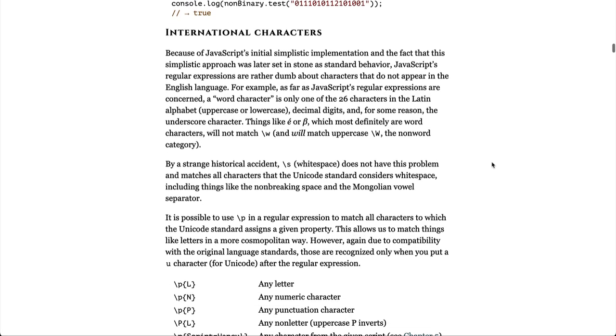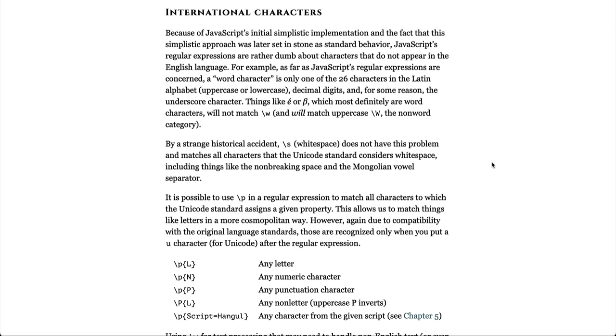International characters. Because of JavaScript's initial simplistic implementation and the fact that this simplistic approach was later set in stone as standard behavior, JavaScript's regular expressions are rather dumb about characters that do not appear in the English language. For example, as far as JavaScript's regular expressions are concerned, a word character is only one of the 26 characters in the Latin alphabet, uppercase or lowercase, decimal digits, and for some reason the underscore character. Things like É or ß, which most definitely are word characters, will not match